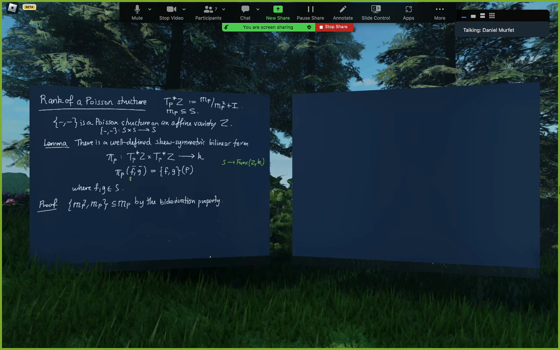Since, if K is in MP squared plus I, then F plus K paired with G